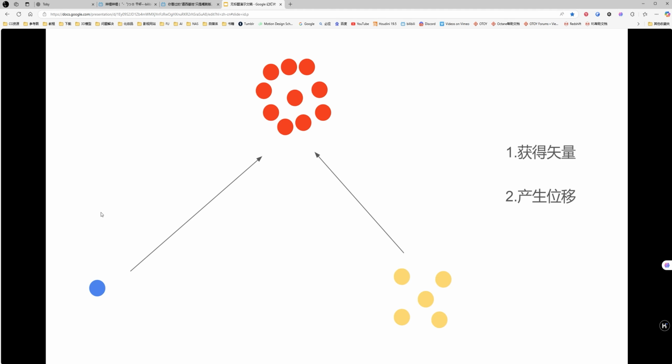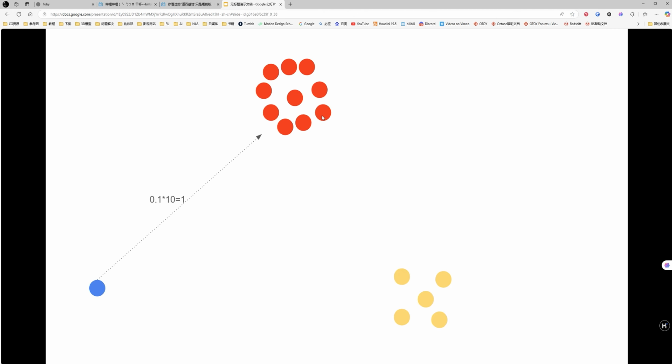To move particles, you need the two most basic things. One is its direction. The second is the displacement. That direction is a vector. The resulting displacement may be the size of some numerical value. Suppose each of our particles can attract 0.1 particles from each other. The red one is the densest. It has 10. It will produce an attraction of 1 for the blue. Yellow will produce 0.5 for blue. The blue will actually produce 0.1 for red and yellow particles, according to everyone's junior high school physics